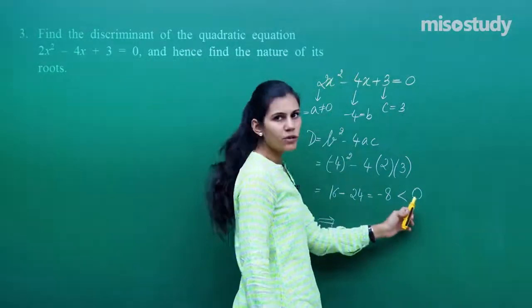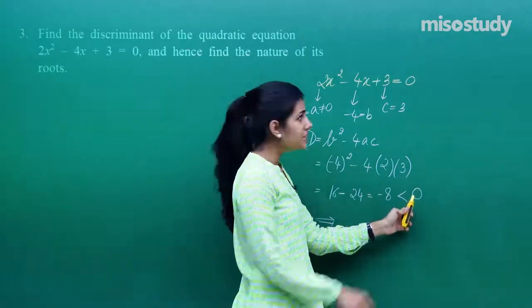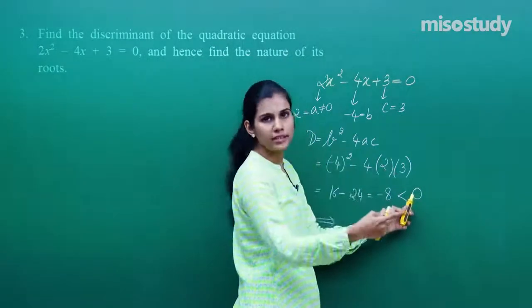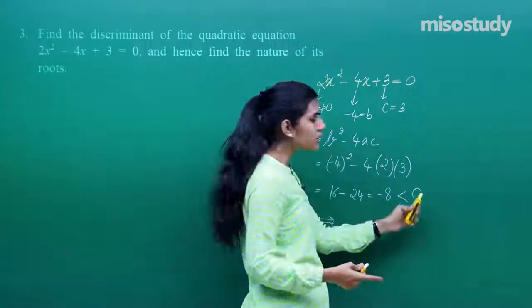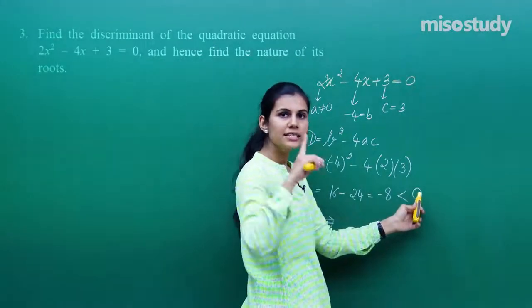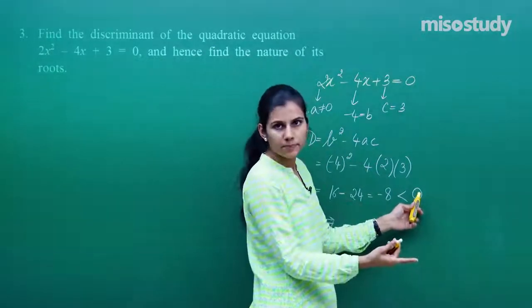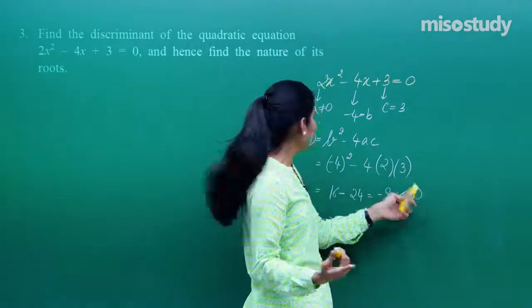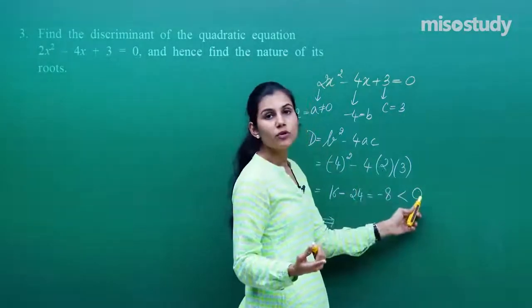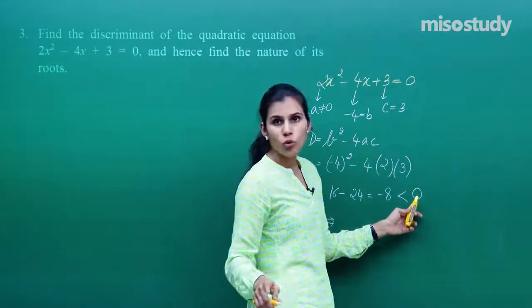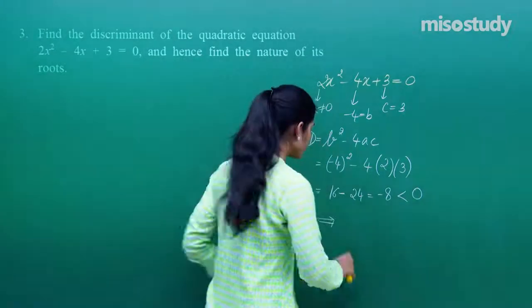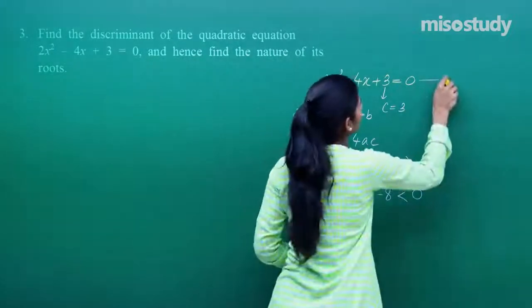When discriminant is positive, the quadratic equation has two distinct real roots. When discriminant is equal to 0, the quadratic equation has two real equal roots. That means only one distinct root. And when discriminant is negative, that means the quadratic equation has absolutely no real roots. So this implies this quadratic equation